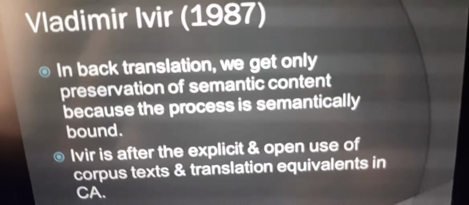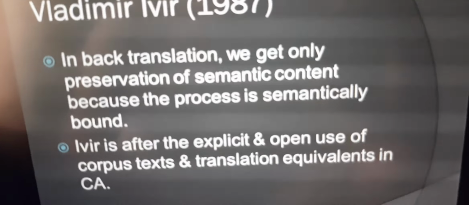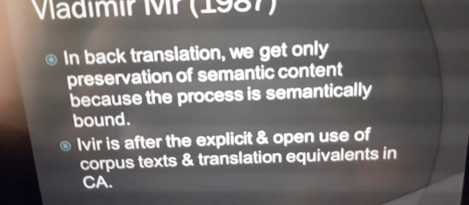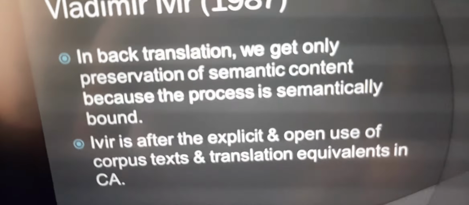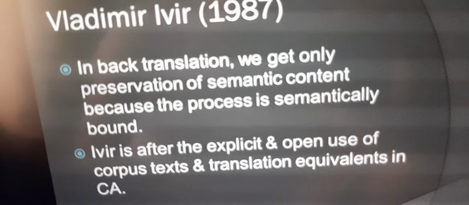So again, in back translation, we get only the preservation of semantic content. Why? Because the process of back translating